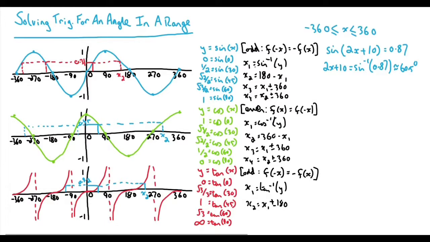Now, following the rules from before, we would find our second value by doing 180 minus this. And to be clear, that is what we're about to do. But what I want to stress at this stage is that you should find all of your 2x plus 10 values first before you start rearranging to find x. Don't subtract the 10 and divide by 2 now and then carry on with these stages. Do those rearrangings last. Okay, so again, the 2x plus 10 also equals 180 minus the 60.5, which is going to equal